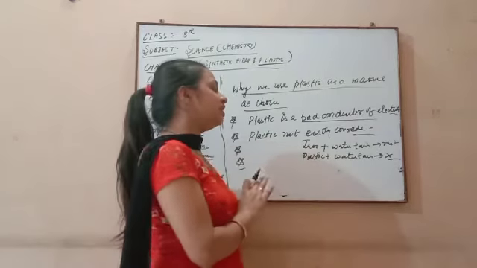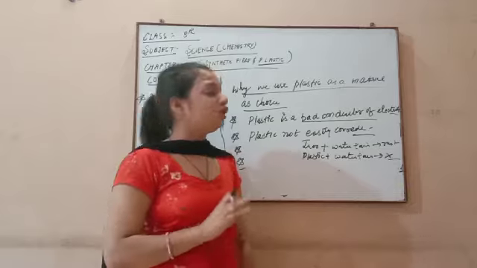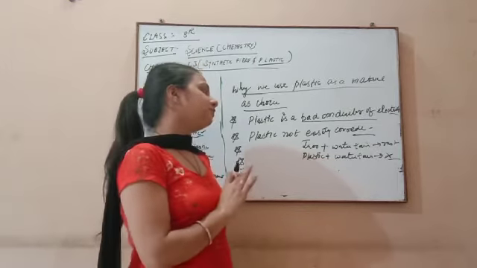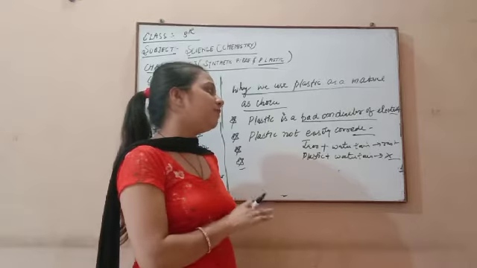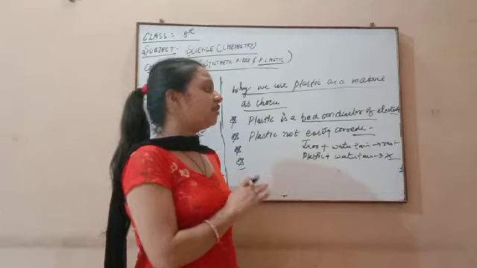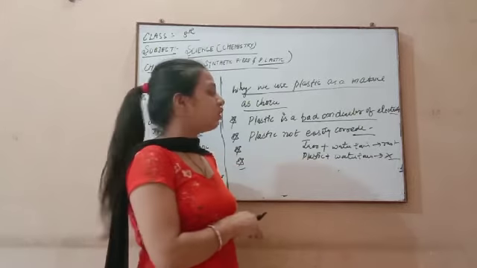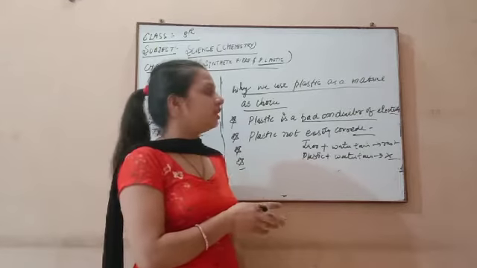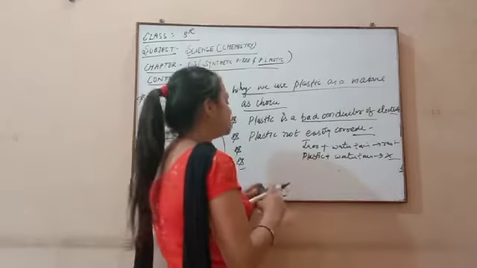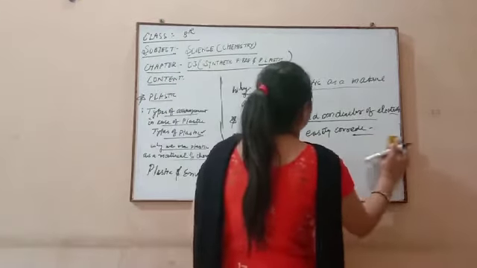So that's why it does not corrode easily, and we use plastic as a material because it is not destroyed by water, air and such things. Iron, in contact with water and air, forms rust, but in the case of plastic there is no rust, so it can easily be used by anyone.